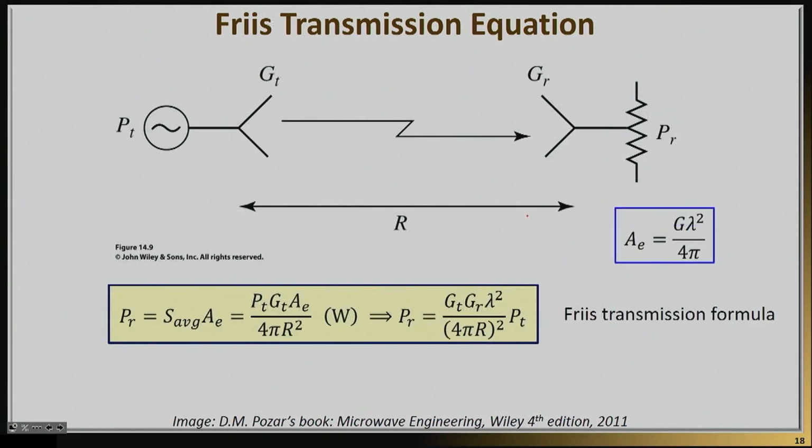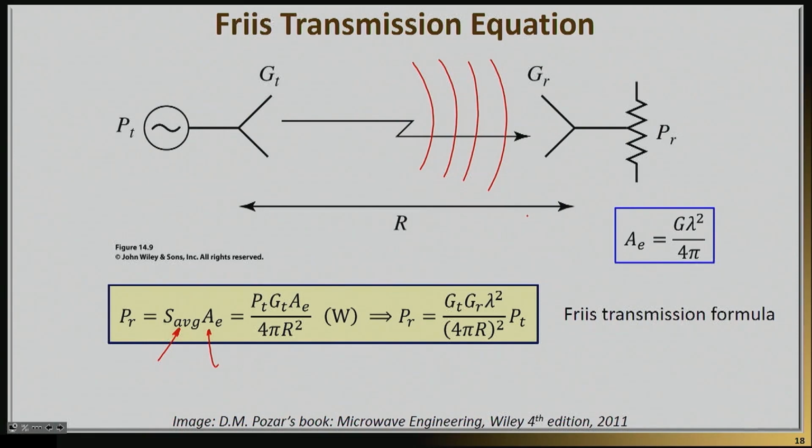Now, let's come to the receiver side. The receiver essentially is going to see that wavefront that is coming to the receiver, and is going to pick a specific amount of power contained in that wavefront. The way we normally imagine this as happening is by looking at the incident power density, which is the one I just wrote down before, and then multiplying this with an effective aperture. It's almost as if the receiver is actually opening an aperture and collecting some amount of this wave inside the receiver. And this aperture is a specific